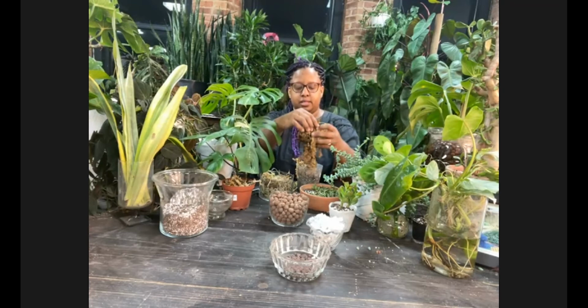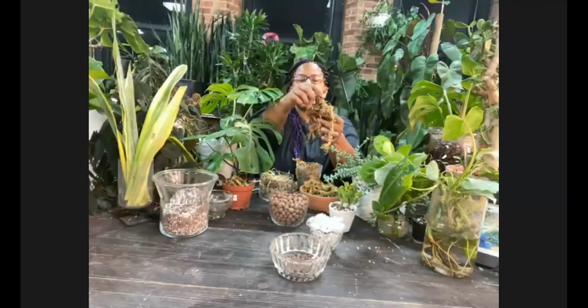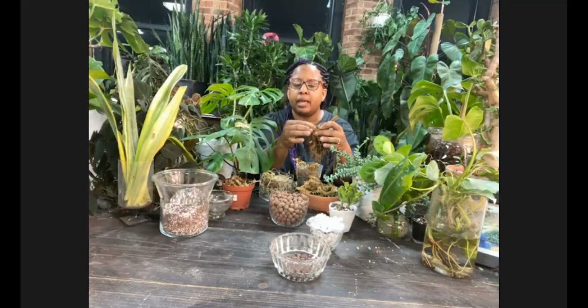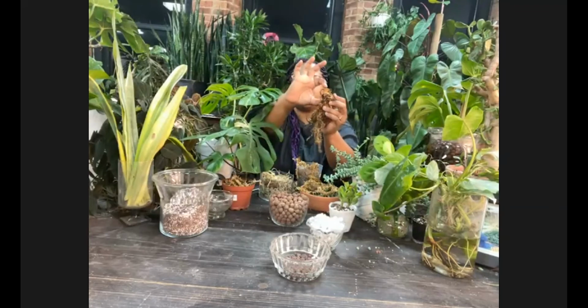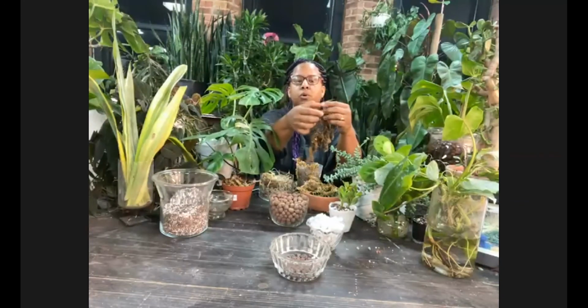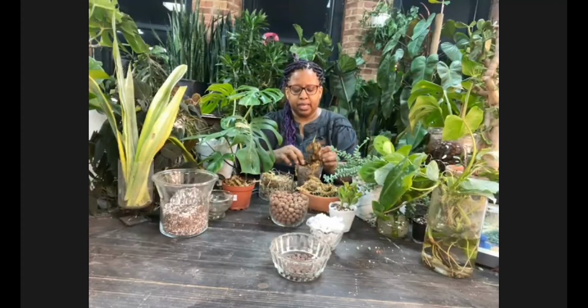But this is me making a mess. They came, I don't know where I got them from. I got them from somewhere. I don't think it was a happy plant. And so I think what I did is I cut it up. So this chunk where my fingers are is the main stem. This little horn is the new branch starting. And because